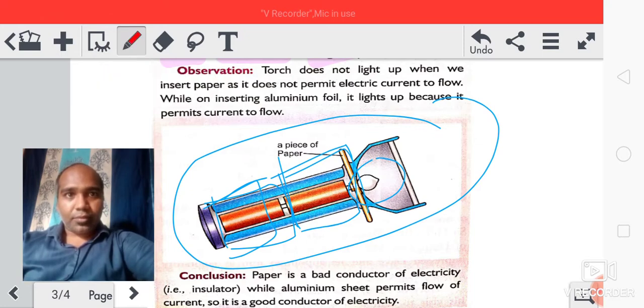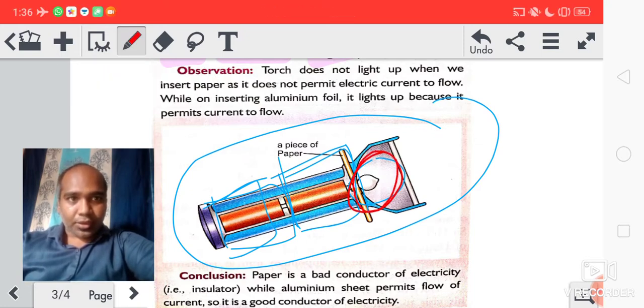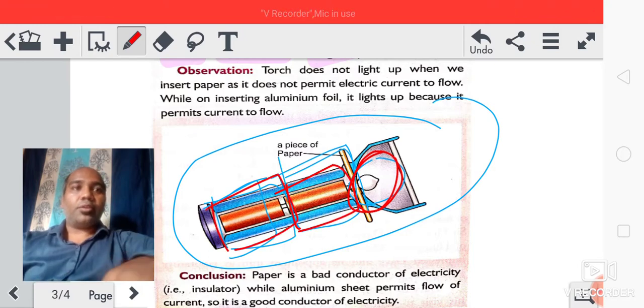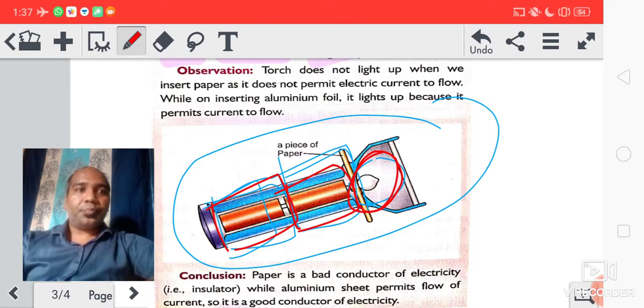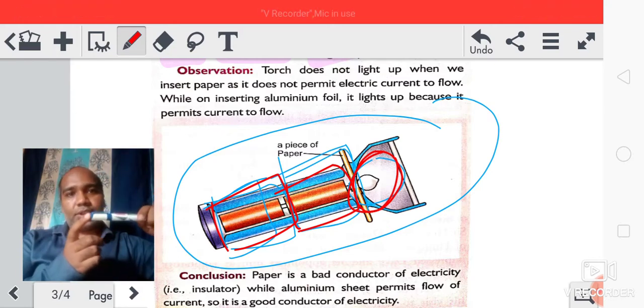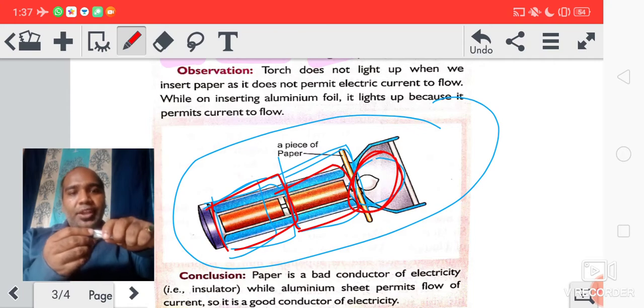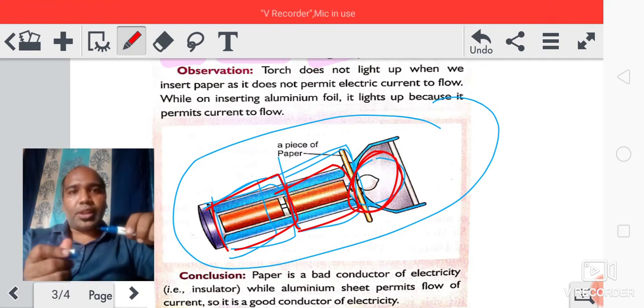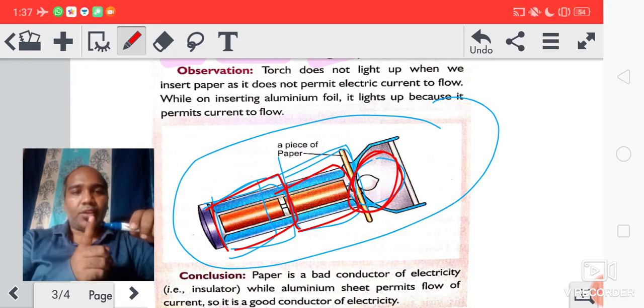Here the torch bulb is and these are the two cells. Now suppose this is the torch and here the bulb is. Now between this bulb and these cells, means battery, if you keep